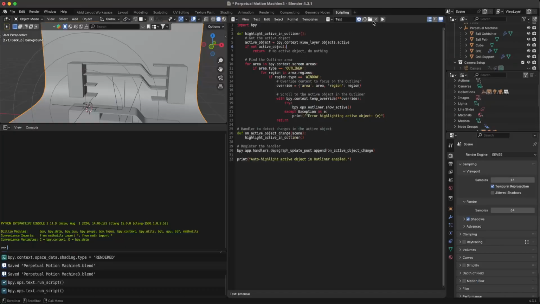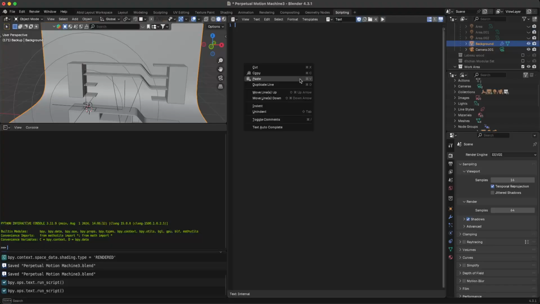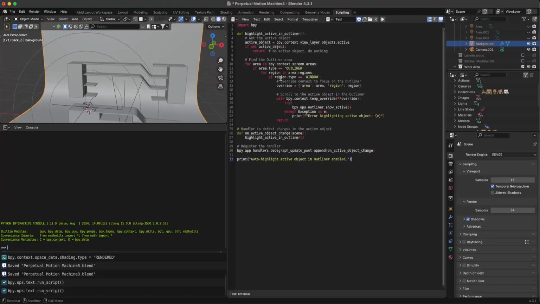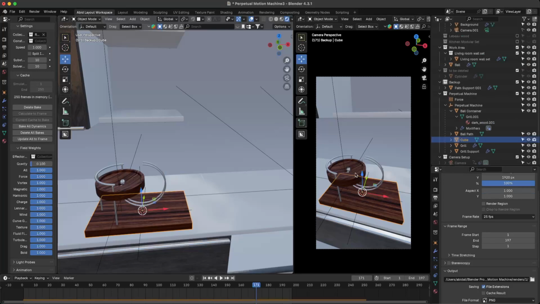So what you need to do is, when you go there, you will see an interface like this one. Click on New, paste the script here and hit Run. After hitting Run, if it runs successfully, like here on my side, it has run successfully. Now you can go to the viewport and select one object, whatever you like, and